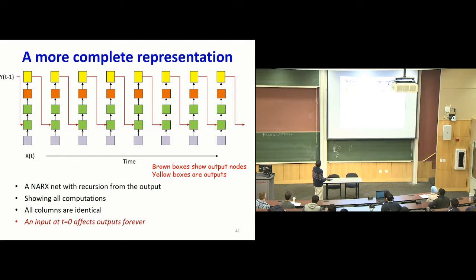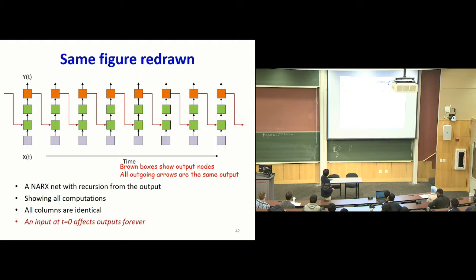Now, I don't need to show it like so. This yellow box over here actually shows the output. The brown and the green boxes show the neural network components. The purple represents the input. So instead of drawing it like so, I can draw it this way. This just means that the output of this particular box is Y. It also is being fed back into the network, right? Just drawing it slightly differently. And so this is your Knox network. And it's storing information in the output, right?